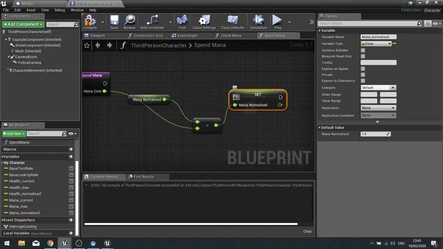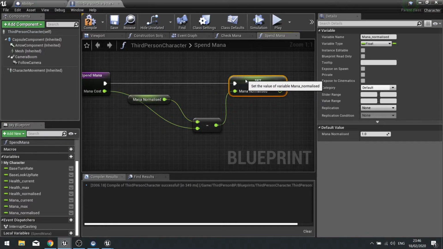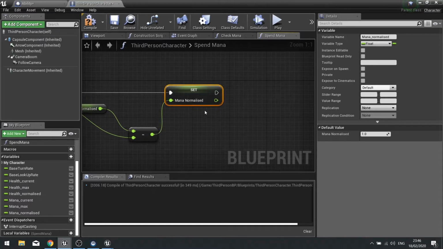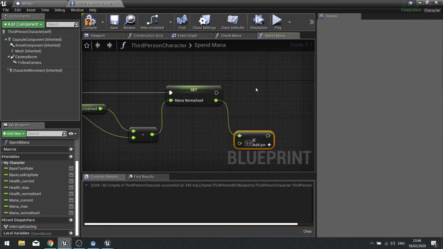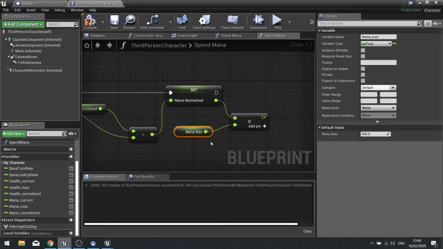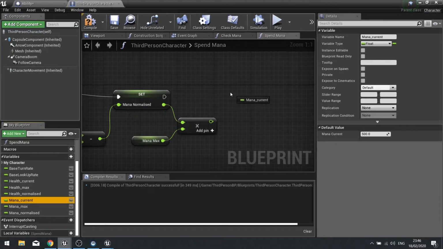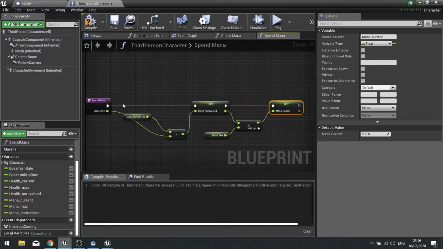We then want to affect the mana current and mana max. So mana normalized, we're going to multiply this by another float, and that other float is going to be the mana max. This will work out what percentage of the value we actually have left, so we can set that back into mana current. Okay, and there's your spend mana function.